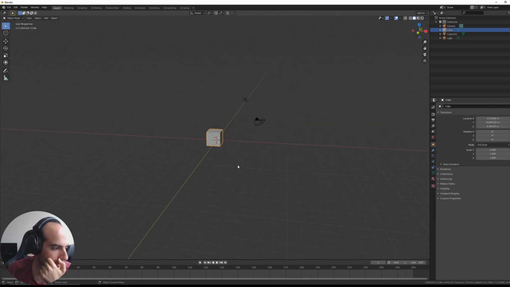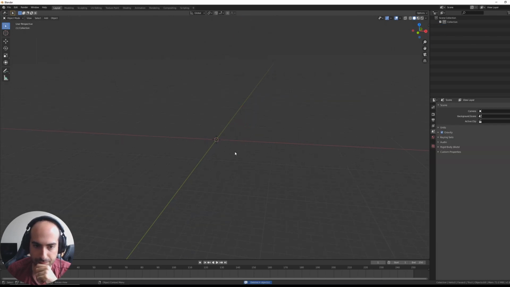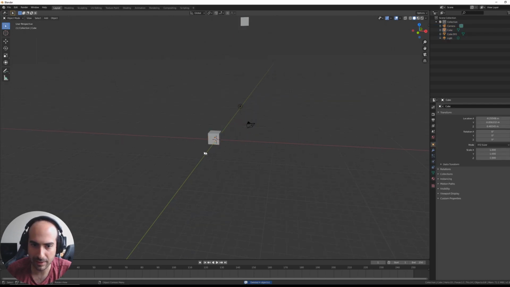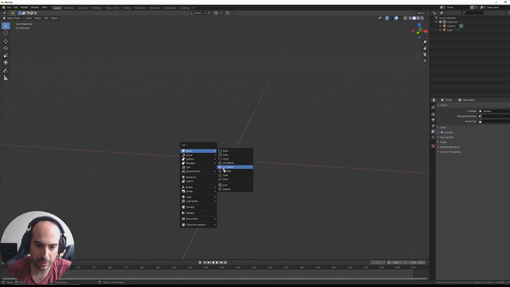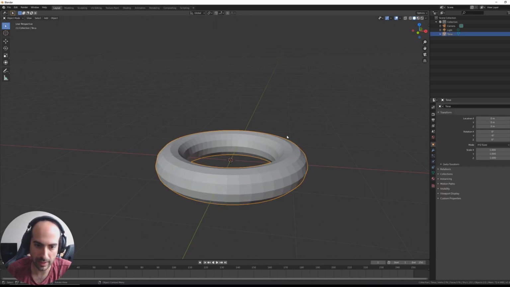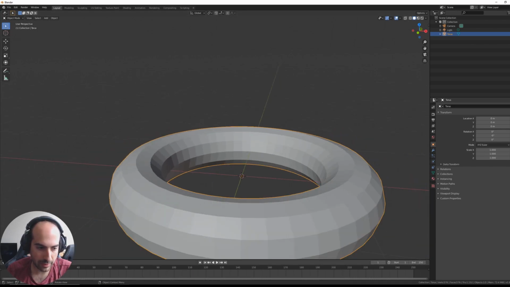So let's get started on the donut. I'm going to delete all of this. Actually, no. I also deleted the light and the camera, which I don't want to do. If you click Shift A, this lets you add stuff in Blender. So we're going to add a torus. So I have a torus now. But this doesn't look like a donut so far. It looks